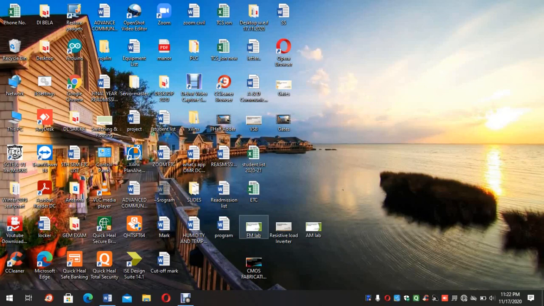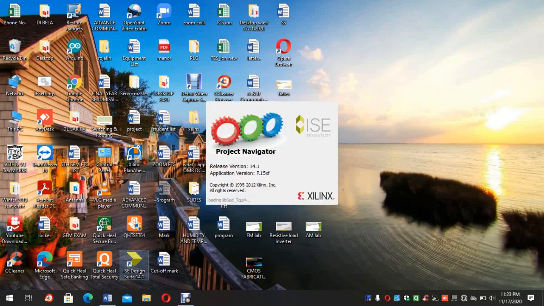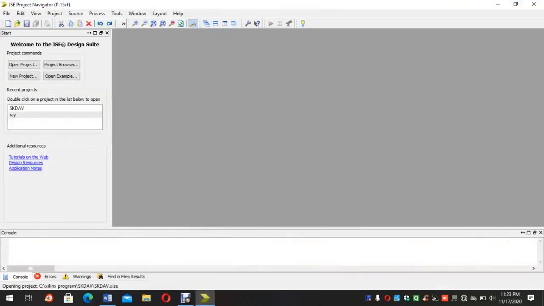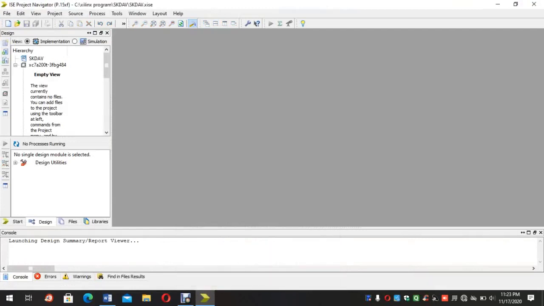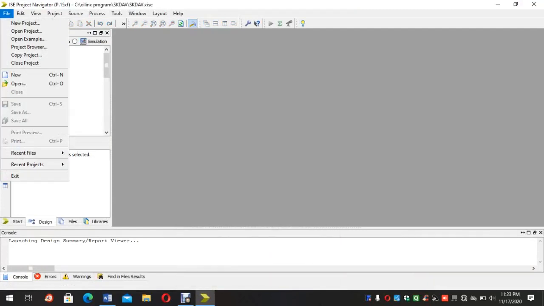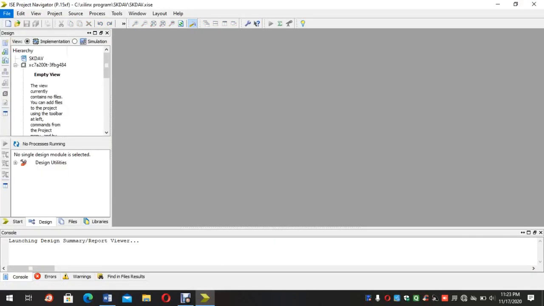Let's start the experiment. First we have to open the Xilinx ISE software. This one is the icon, just click it. After opening the window, first go to File and create a new project.